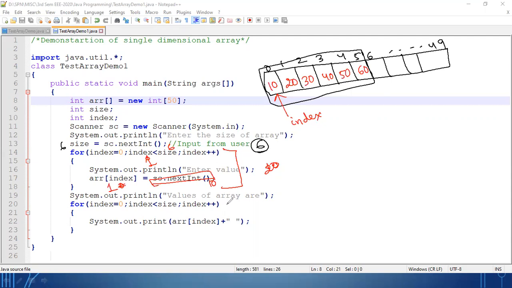Okay. After that I am printing the values. What is the starting index where the value is present? 0. So index is again starting from 0. It will go maximum up to less than 6 means up to 5. Okay. And it will print all the values one by one. So let's execute and check.